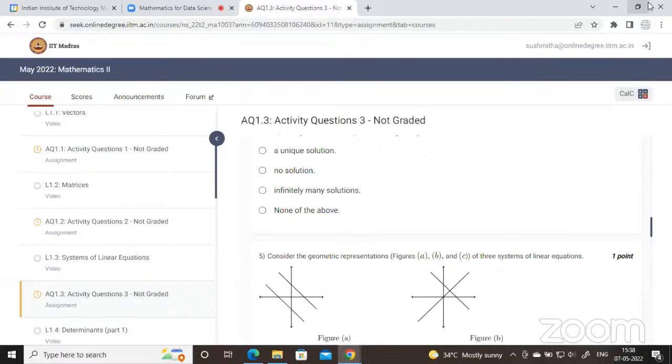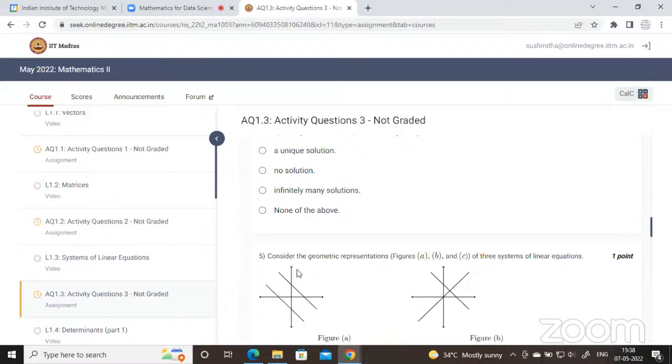So coplanar lines need not intersect. No, they lie on the same plane. That's it, right? Yes. But I think concurrent meant they intersect, right? I don't remember. At the same point, like concurrent, passing through the same point. Okay, then if they pass through the same point, then yes, they intersect.